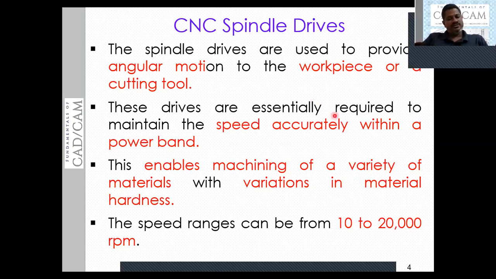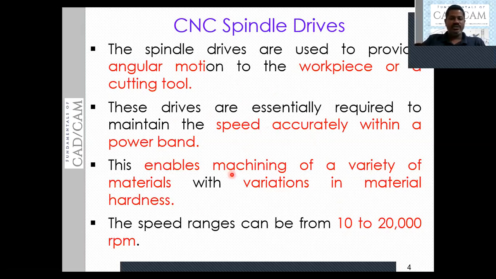Whatever device we are using as a spindle drive in the case of CNC, it must be able to rotate between 10 and 20,000 RPM. As I said just now, the speed of the workpiece or the tool definitely varies with respect to the type of material or its hardness.